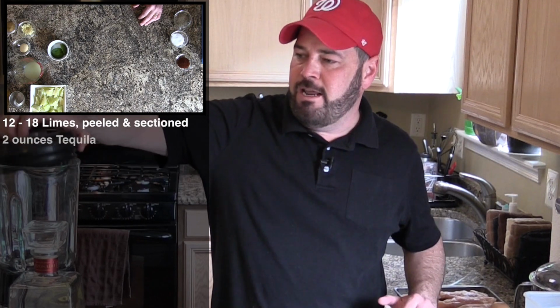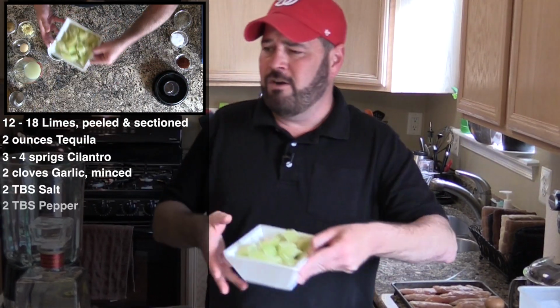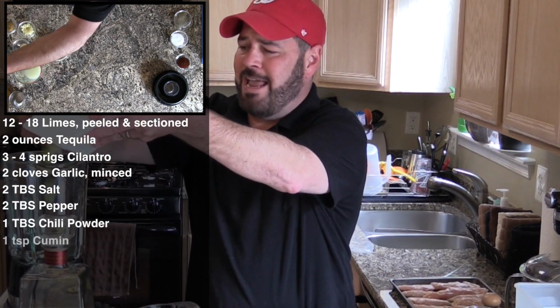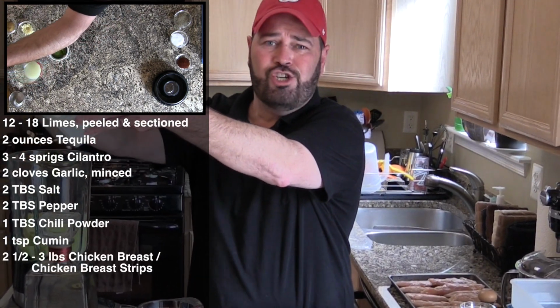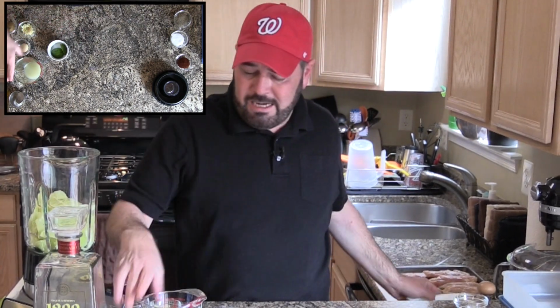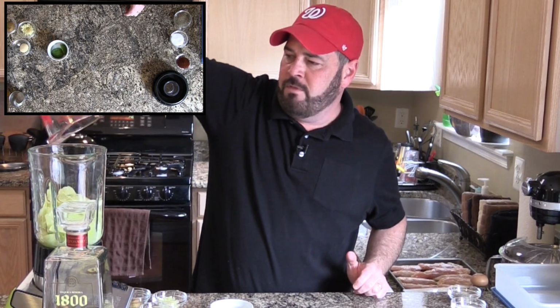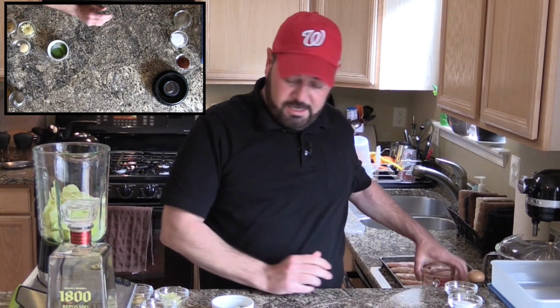All right, let's get to the star of today's show, which is the Tequila Lime Chicken. Now we have to make a marinade for this. It's going to need about 2 to 4 or so hours. So what we have here, I'm putting the meat of the limes in there. I've got about 18 of these, and I say 12 to 18 just because sometimes the limes are small, especially this time of year. You can see I also squeeze some reserve juice out of the peels after peeling these